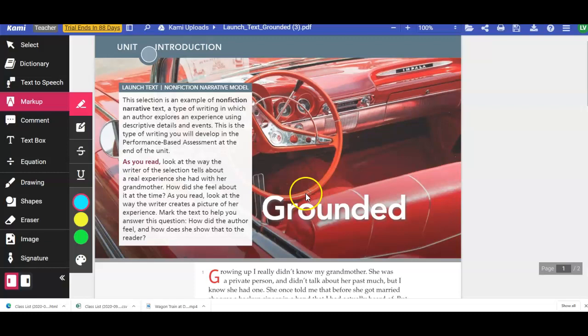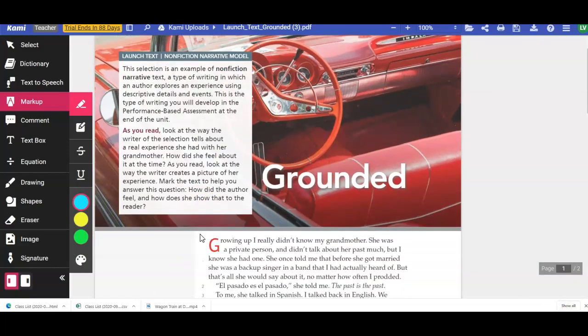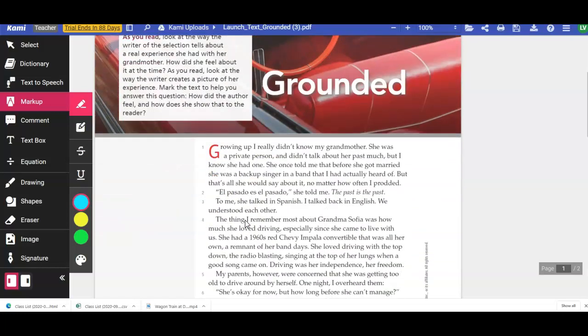When you open up the assignment in Google Classroom, there's going to be a blue button over in the right-hand corner, and it's going to say Open with Cami. You want to press that, and that will give you access to all of these features. So what details are provided to put us inside the mind of the narrator and how she's feeling? I'm going to model some annotation features so that you can do that. But really, I just want you to play around with this today, get used to it.